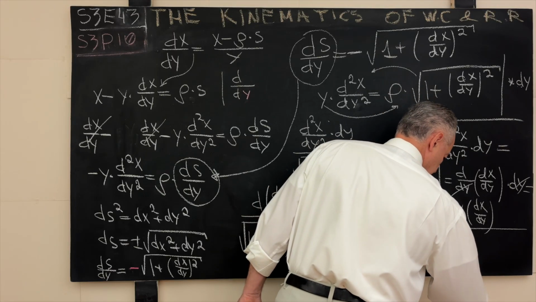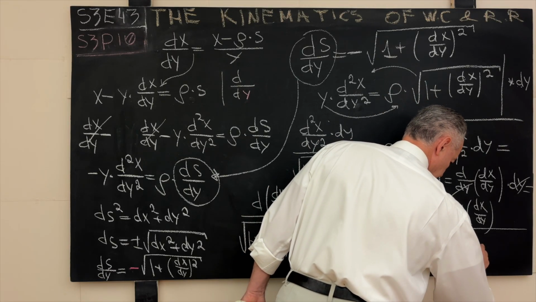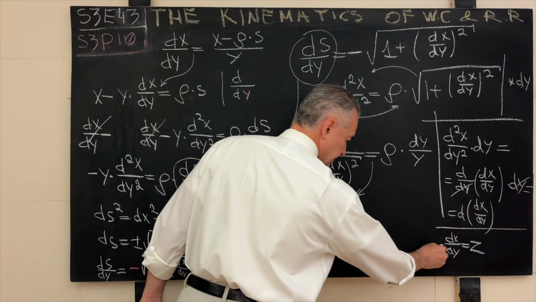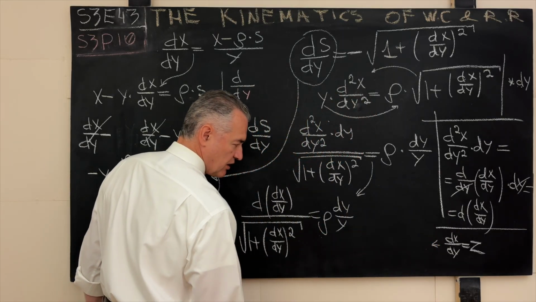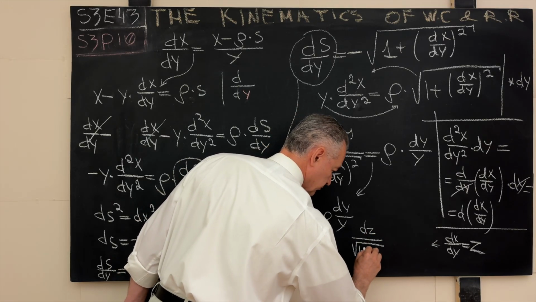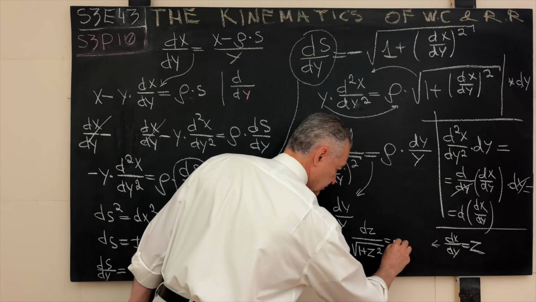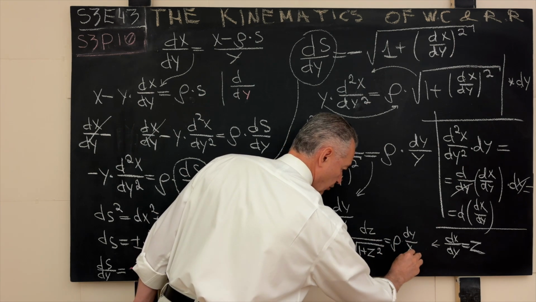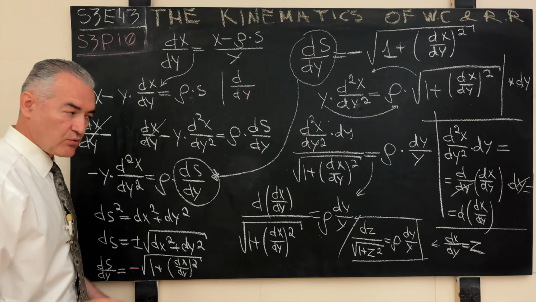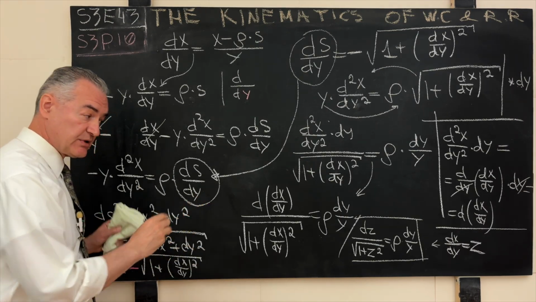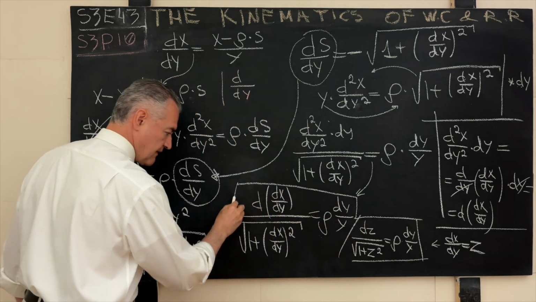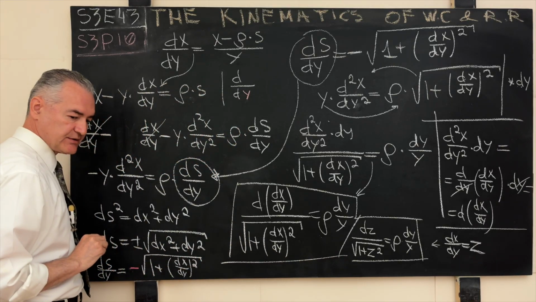Look at this. dx over dy temporarily, just mark it as z. Then under this designation, what will you have over here? Well, you will have the following. dz over the square root of 1 plus z squared equals rho times dy over y. You see, it goes like this. This is the expression where we separated the variables and we prepared the material for integration. And if you can handle this, if you can swing it, you can work with this guy. But this is what's coming up next.